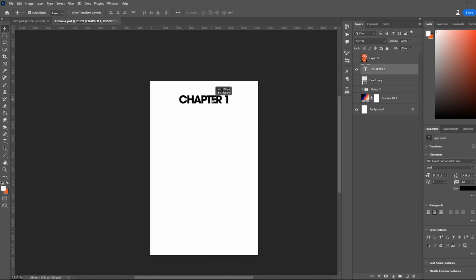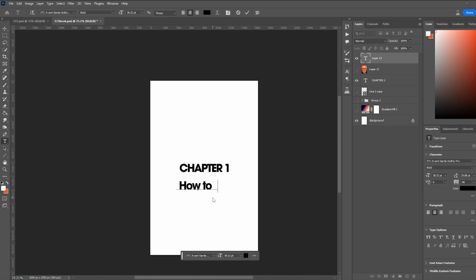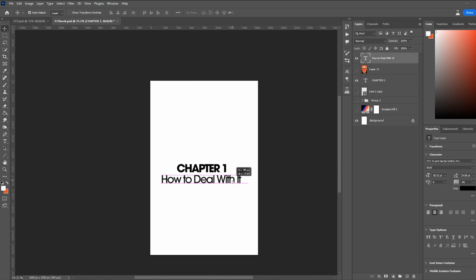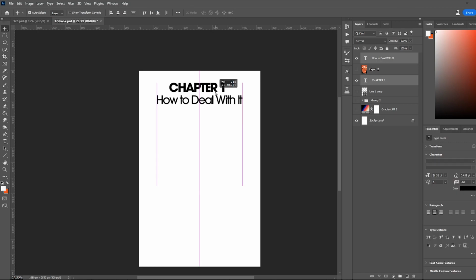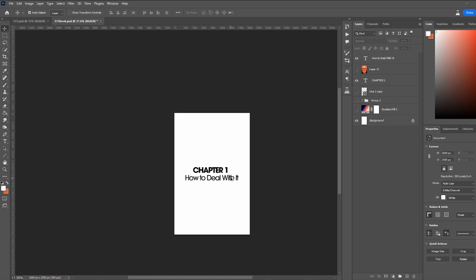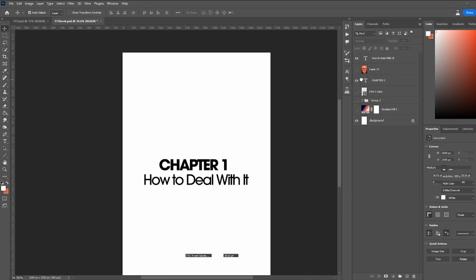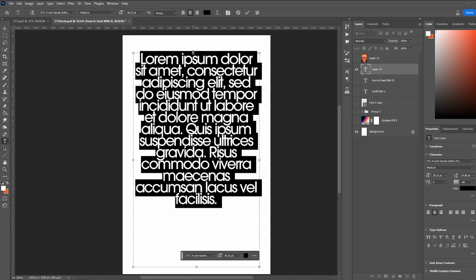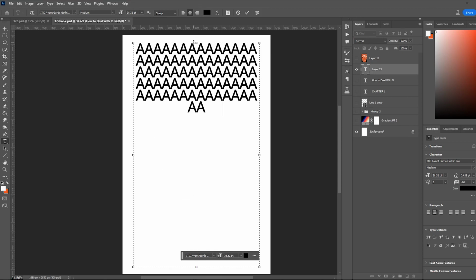And here I decided that I wanted to actually show the first 2 pages or a few pages. Again, stolen from Hannah Pale. She had a couple pages of what's inside one of her book designs. So chapter 1, how to deal with it. I think that would just be funny. And the actual text inside, you'll see what it is. It's just a bunch of nonsense. Here it is. Look at it. Bunch of nonsense. Maybe I should have left it as lorem ipsum.